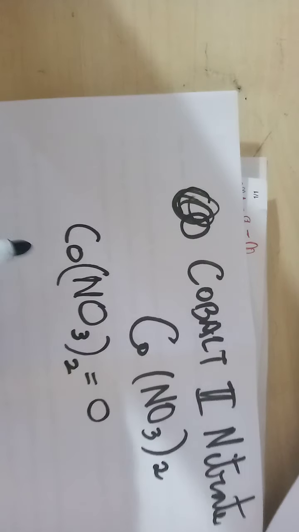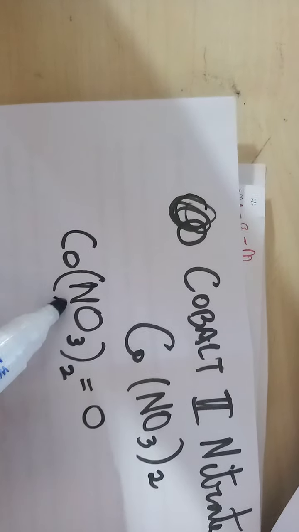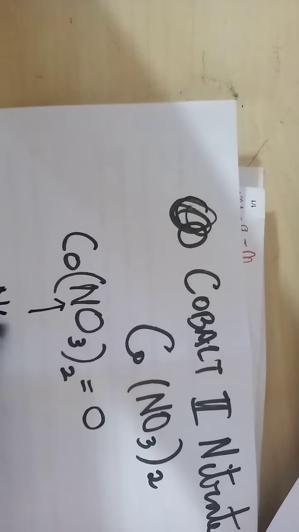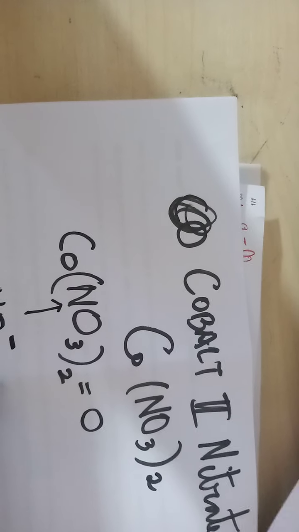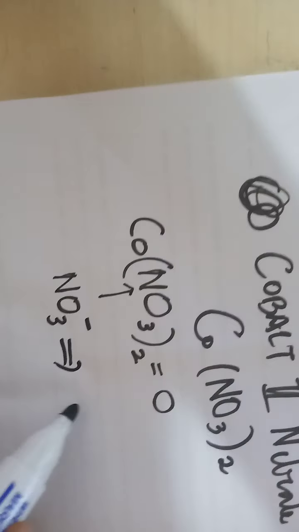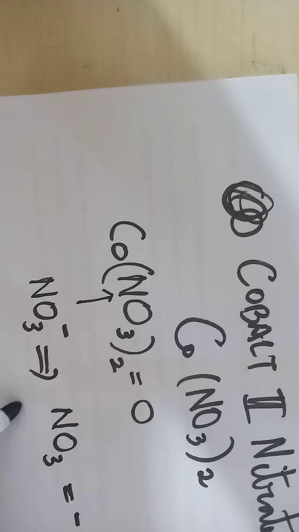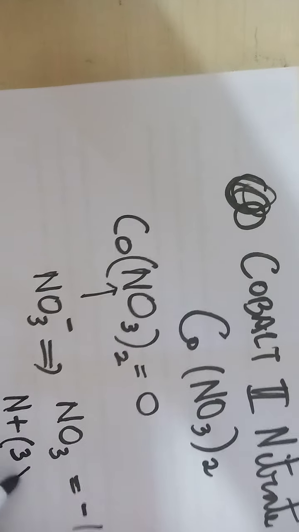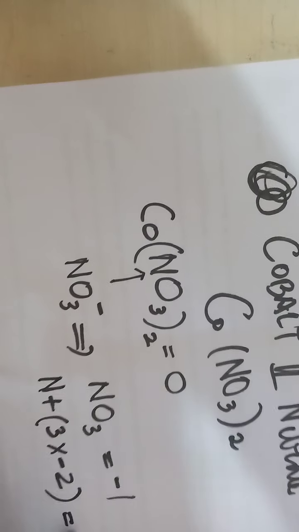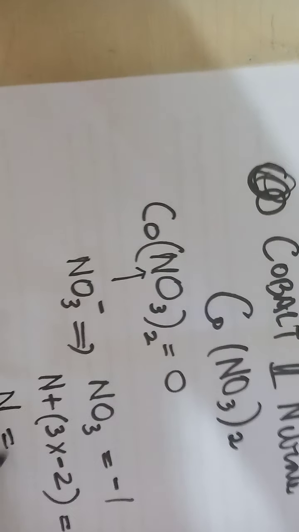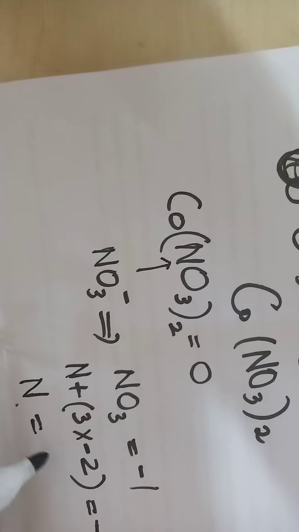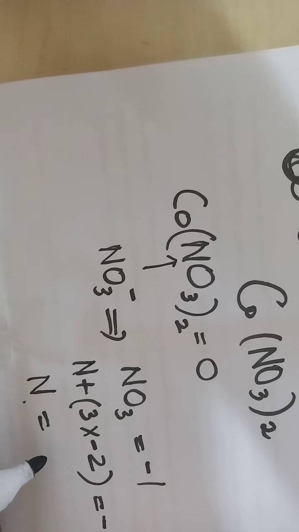So in this case, before I can find out the valency or the oxidation number of cobalt, I'll have to find out this one. So I would take the nitrate ion out, and it would be minus 1, and